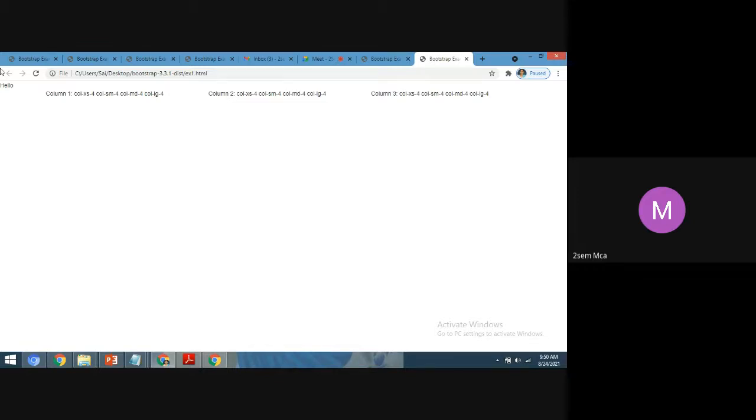Those who are doing their project in Bootstrap, using Bootstrap. Page, ma'am, page size is full, maybe.